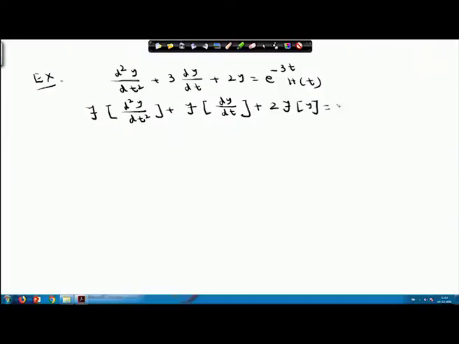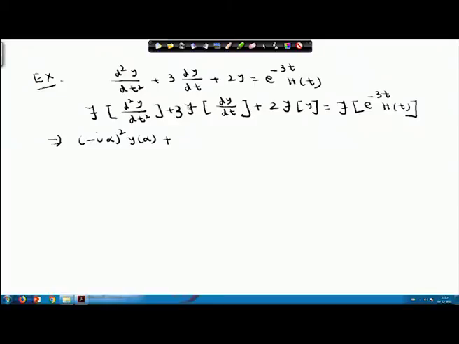This is equal to Fourier transform of e power minus 3t into Heaviside unit step function, that is h(t). So, this Fourier transform of d2y/dt square is minus (i alpha) whole square into y(alpha), where y(alpha), like earlier problems, is the Fourier transform of y(t), plus Fourier transform of dy/dt